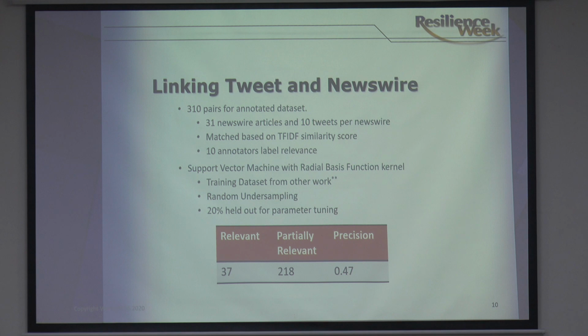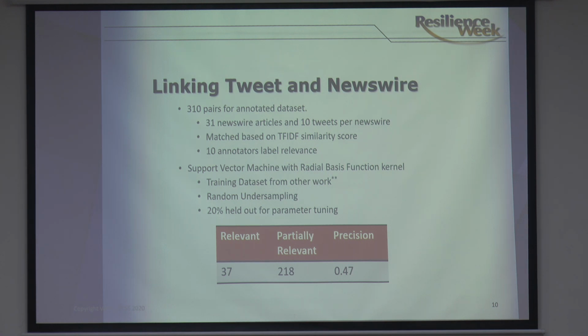And we used the support vector machine method with the radial basis function kernel and used a training data set from a different work. This was also a tweet Newswire data set, but it wasn't relevant to a disaster. It wasn't relevant to, for example, the Nepal earthquake that we were focusing on. But we used this training data, and of course it's highly imbalanced data,